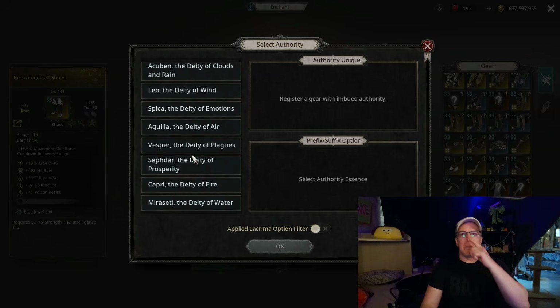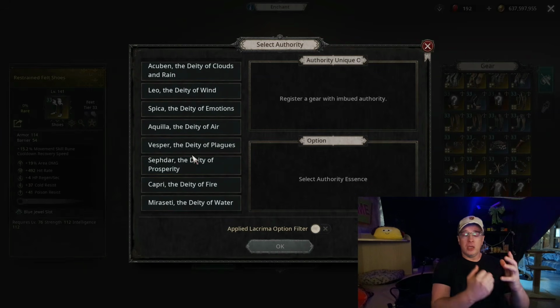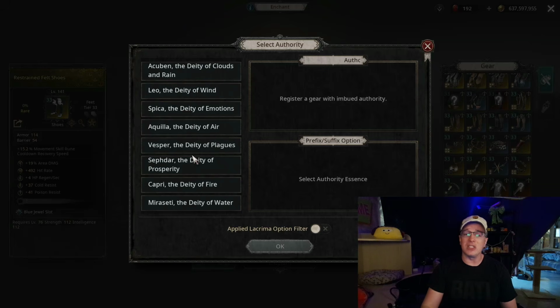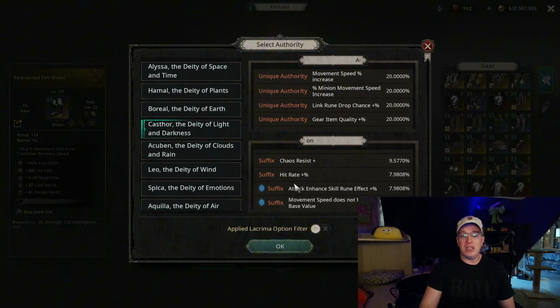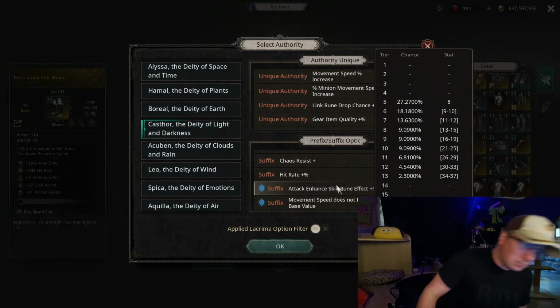In this case, it matters less. With the chest piece, typically I go with the dampen damage starting out, and then I come back later and I go with one of either the attack or spell rune level. In this case, it's totally up to you if you want to go offense or defense. It's not going to make much of a difference. The options are dampen damage taken, much like the other one, up to 8%-ish on a tier 13 mod. And the other one is the Cathsor attack enhanced skill rune effect for 37%,